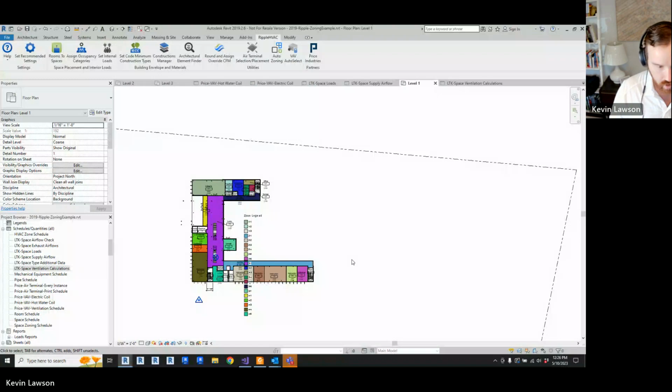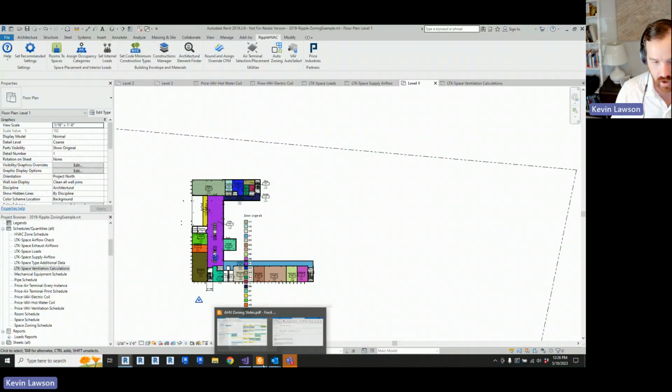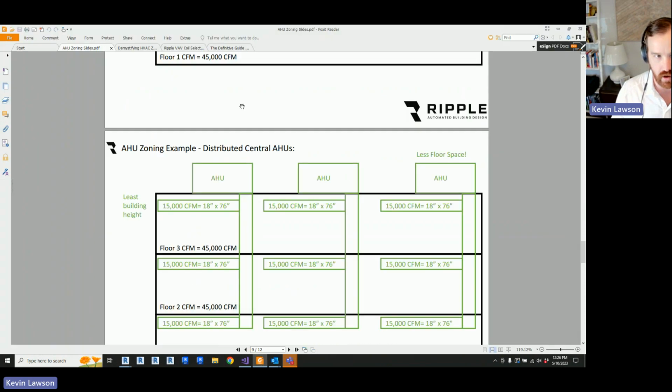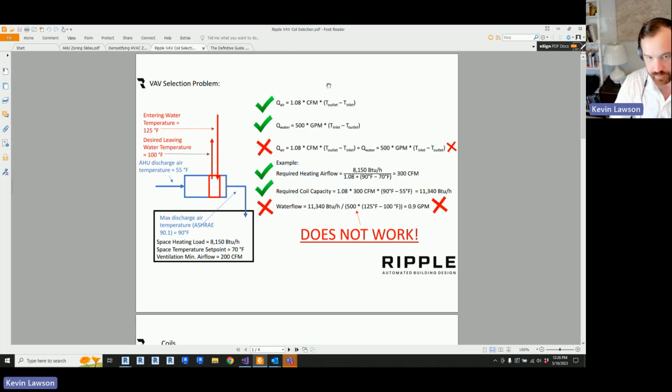So before we talk about how we're going to do VAV selection, I thought it might be important to talk about the importance of actually selecting VAVs and why that is getting more and more important. So historically, a lot of firms would calculate the load on the coil based on the air side conditions, and then calculate their water flow based on that load, write down the GPM, schedule a 2-row coil, and call it a